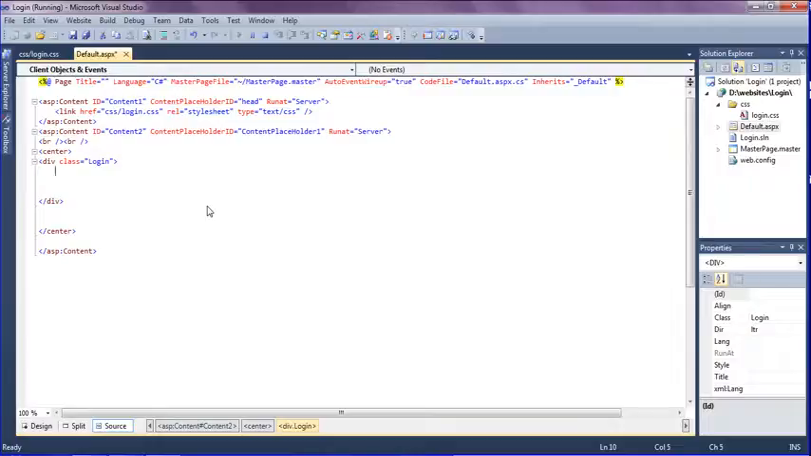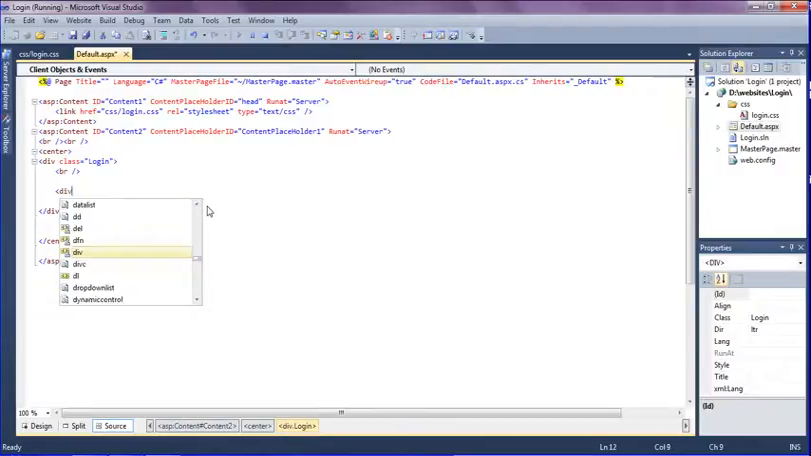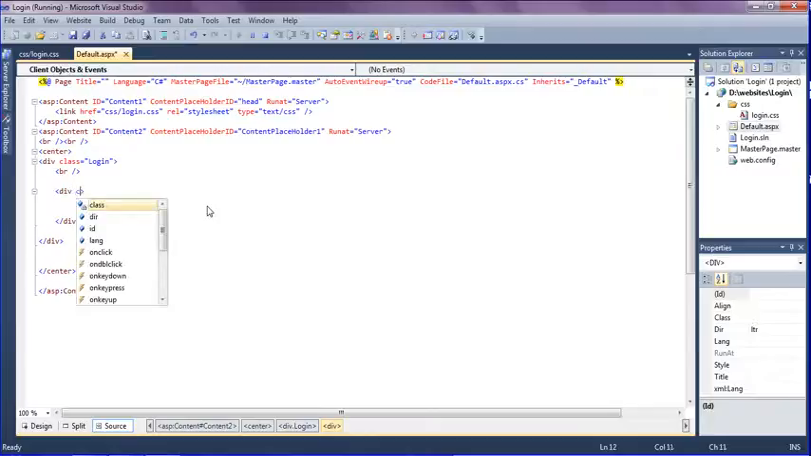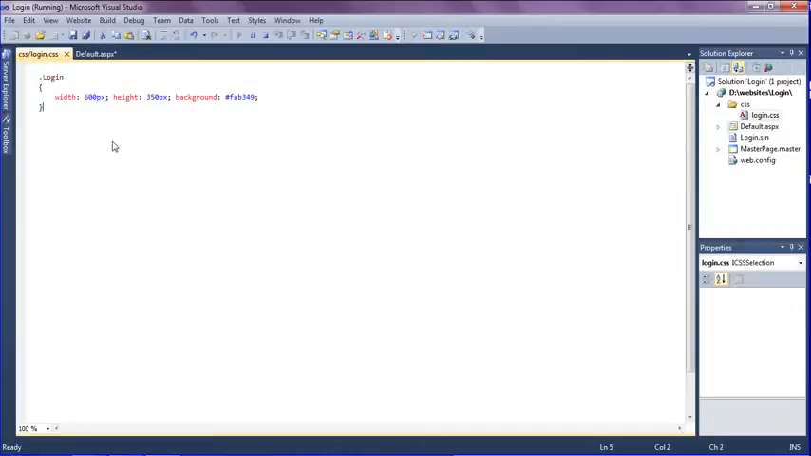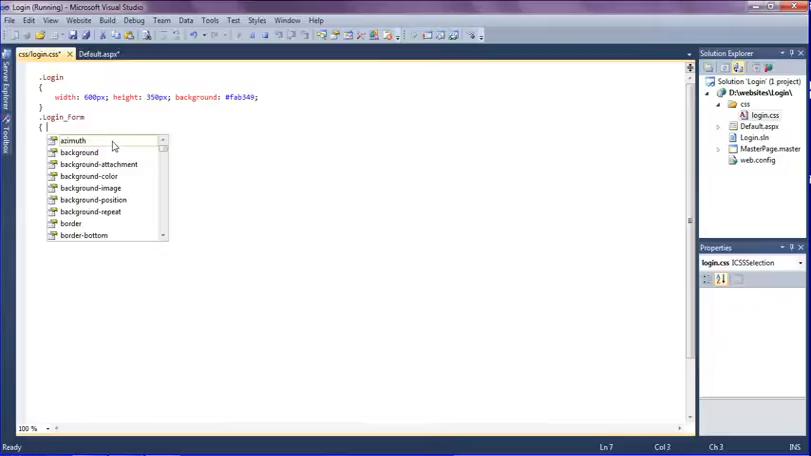more div and giving the space for that, giving the break tag, and after creating the break I'm giving one more div with a class equal to login form. Okay, just copying this one and going to create that login form class, and the login form